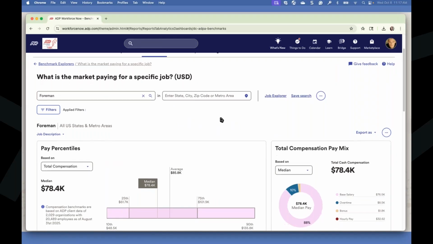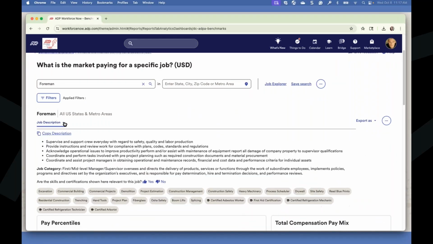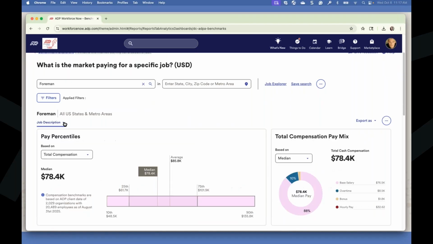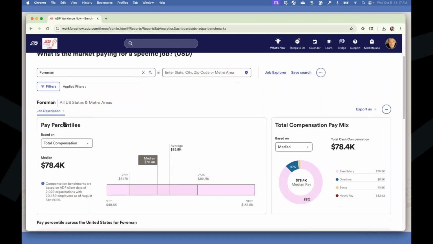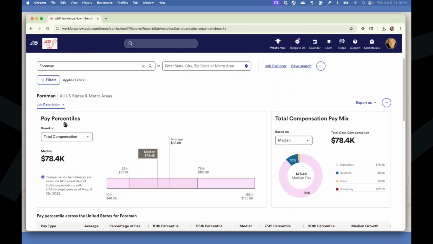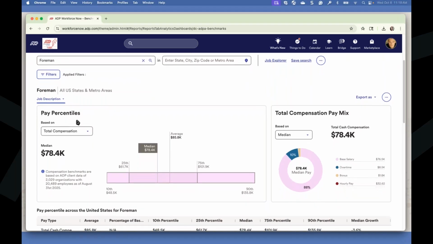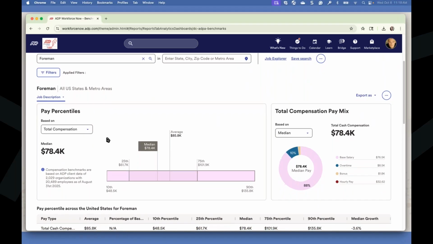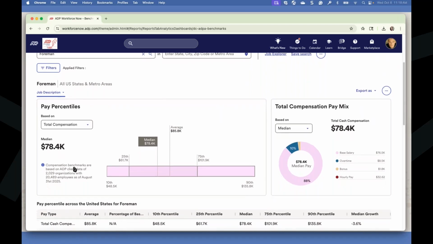Then down here, you are able to see the actual job description. So again, making sure it matches what you expect and what the skills are that you're looking for with that individual. So that way you can really get a true understanding of what that compensation expectation is of those individuals. So we have our pays here by percentile. So you can see for a median, we have a cash compensation benchmarking here. It tells you how many clients worth of data we're looking at and how many employees worth of data we're looking at. Now you can see here, it also tells me when it was last refreshed.